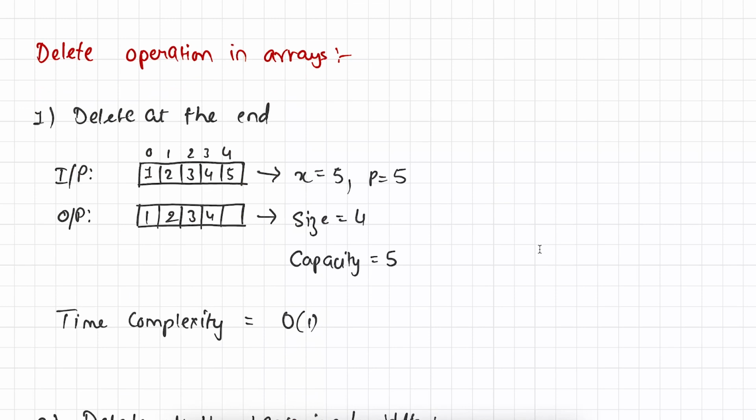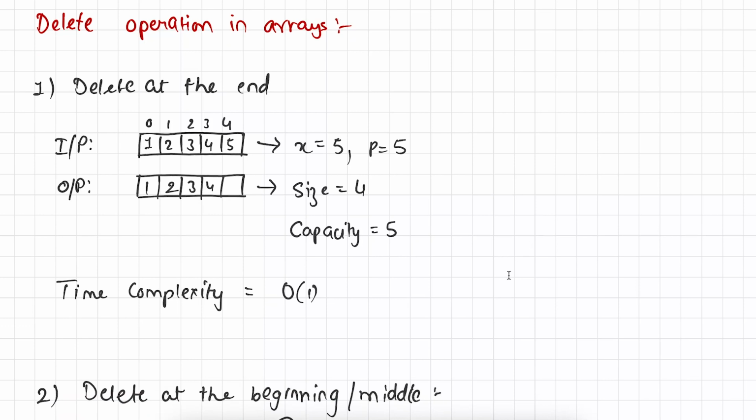Now let's talk about the delete operation in arrays. The delete operation works exactly the same in normal arrays as well as in ArrayList. So what happens if we want to delete at the end? If we want to delete at the end, let's say we have an array,